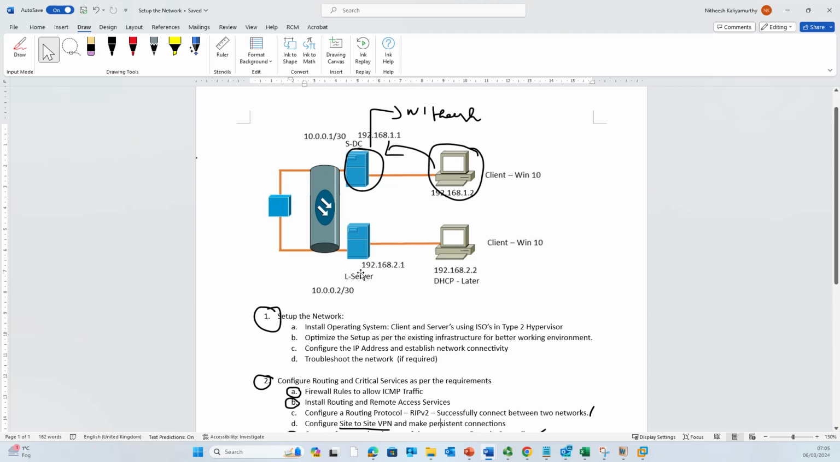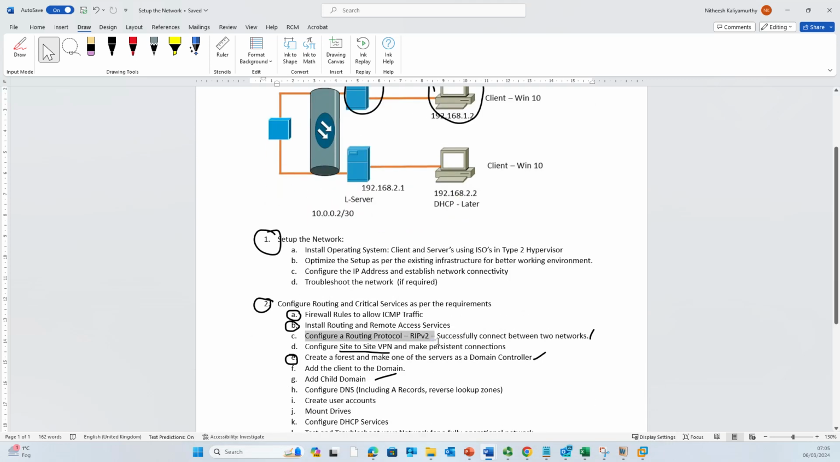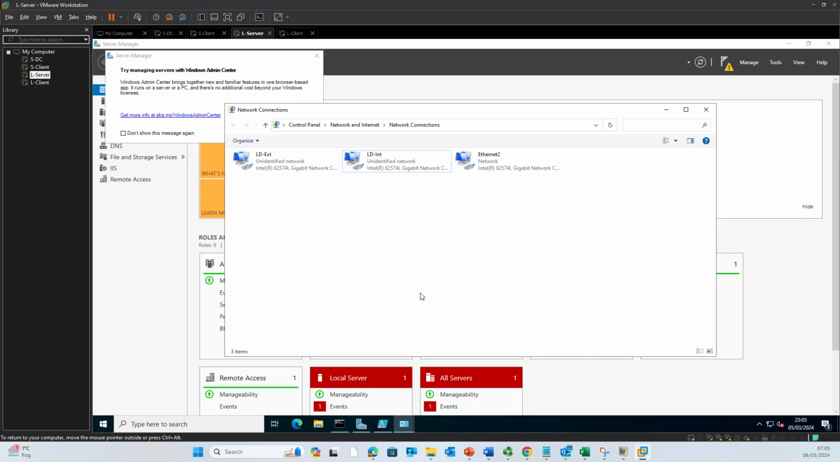which means that if I want to add this as a child domain for this parent domain or a root domain, it can't be possible without establishing a successful connectivity between two networks. So what we are going to do now is we are going to configure a routing protocol, RIP, to establish successful connectivity in this video. So to do that,